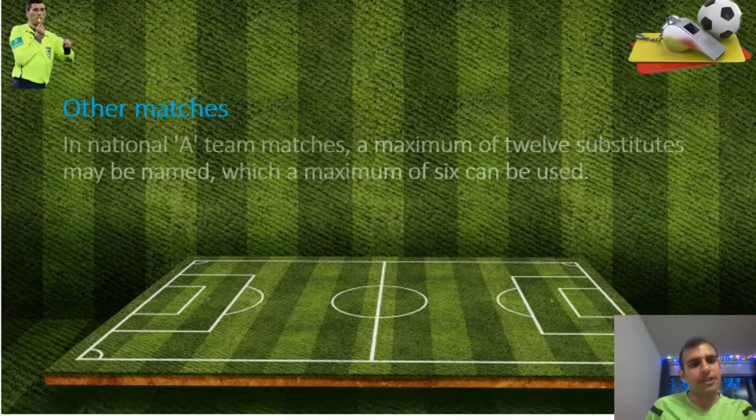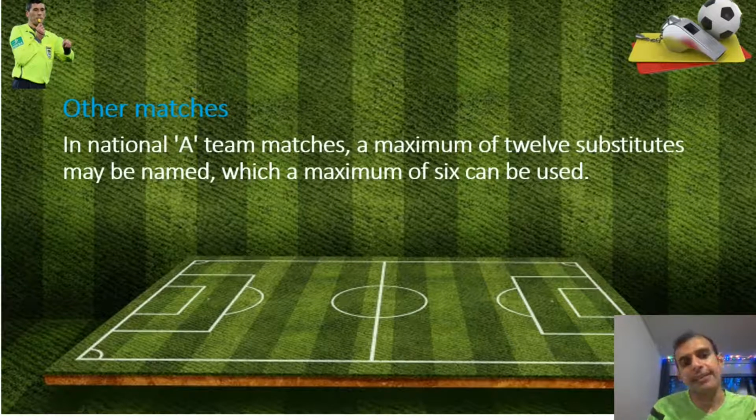And for other matches, in national A team matches, a maximum of 12 substitutes may be named, of which a maximum of 6 can be used. For the rest of the matches, it can be more than 6 substitutions. For example, in a friendly match they can have more than 6, for example 10 or 12 substitutes. But it's very important that before starting the match, both teams reach an agreement about the number of substitutes. And also it's very important that they inform the referee. For example, they need to inform the referee, in this match we would like to have 10